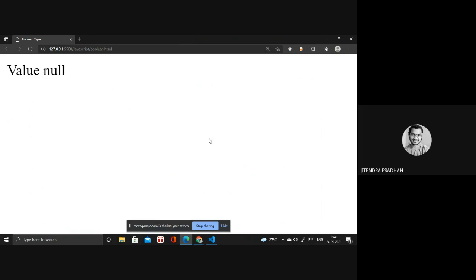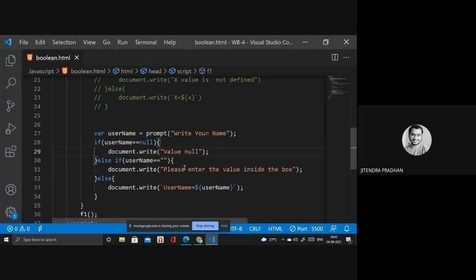Okay. So I hope you got this point. What does a null value mean? If you cancel the prompt without entering a value, it gives a null value. And undefined, I hope you got this point as well. So next we have to go